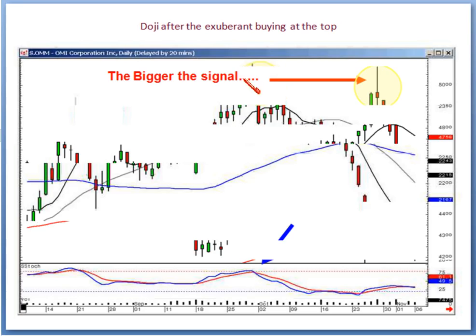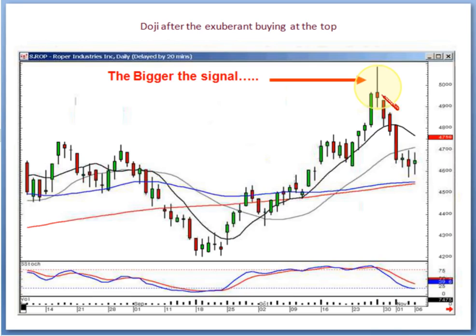The bigger the signal, the more indication there's been a change of investor sentiment. Get ready to take profits. So the doji tells you there's indecision at the top. And the Japanese rice traders have one very simple rule. If you see a doji at the top, close out the position immediately if they open it lower the next